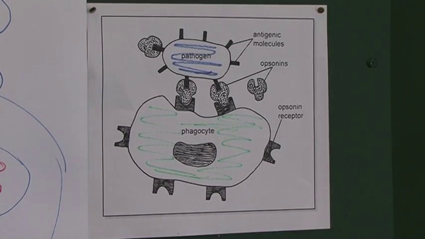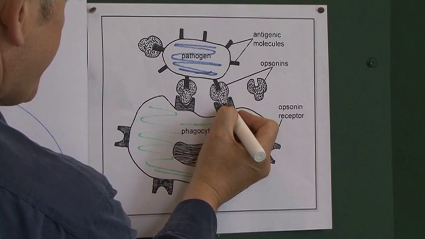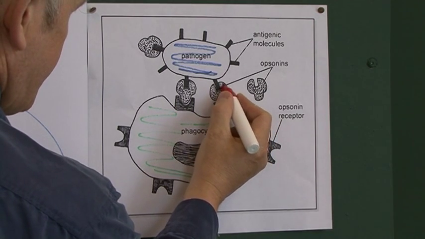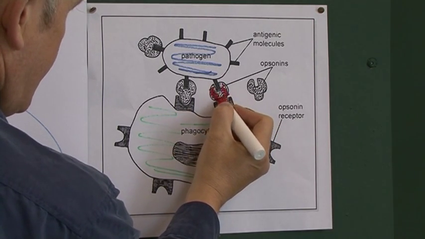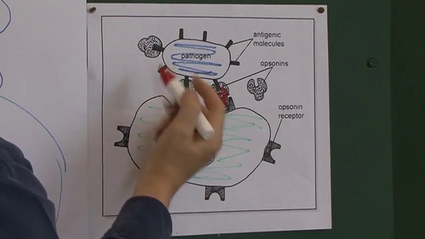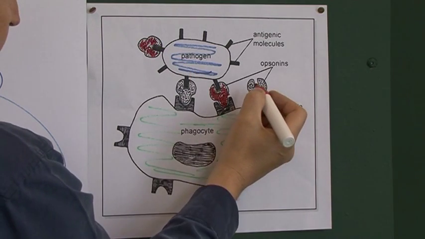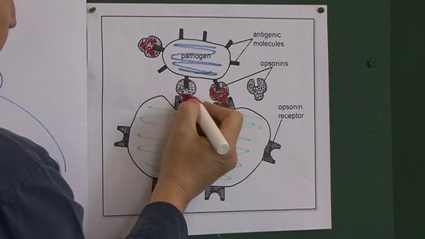And these activated complement molecules, the activated protein in the blood, form opsonins. And the opsonin will stick onto the bacteria, stick onto the antigen. And the presence of these opsonins